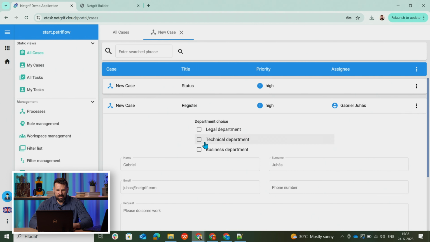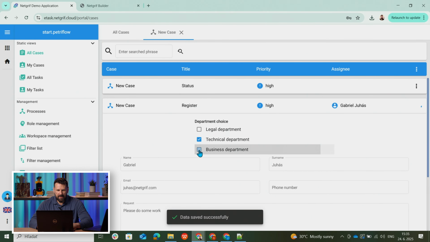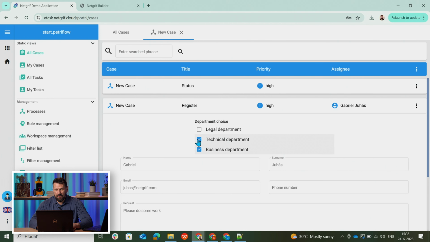Okay, and now we can actually, if we, for example, choose technical and business department, so what we actually did, now the value of this multiple choice map is a list of two strings. The first string there is technical, and the second key is business. So we have these two key strings, technical and business. And if we did this, so the set action was called, and therefore the value of go technical and go business should be 1, but go legal should be 0. So if we finish the task,